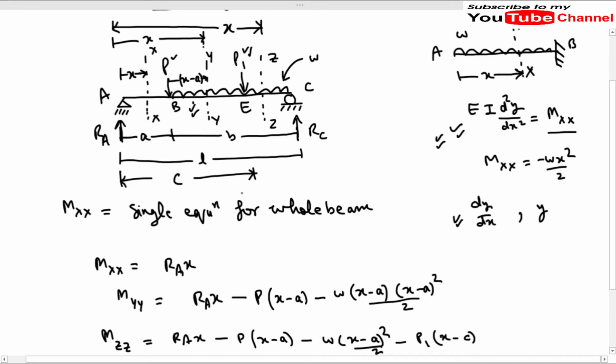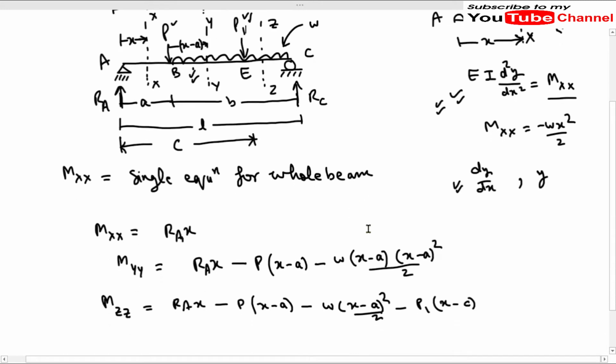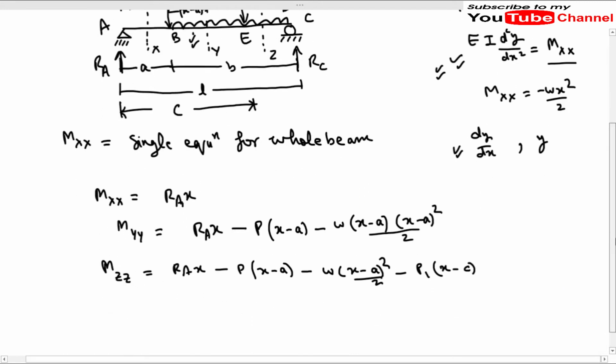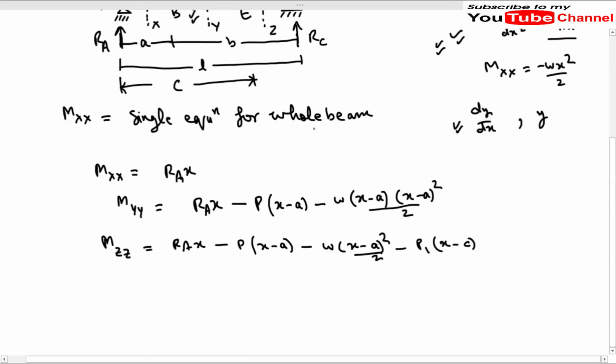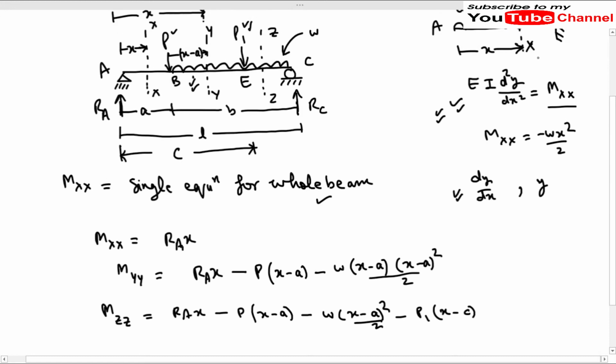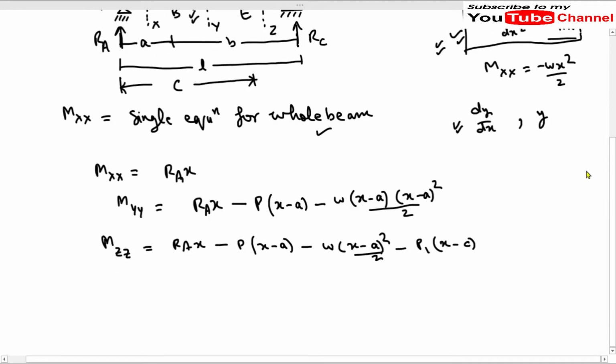Okay, bending moment at different sections in a beam. Now we have three equations. The important point is how we are going to write a single equation. As I have told here, we will have a single equation for bending moment, which we will be using in the equation that relates the curvature, flexural rigidity, and the bending moment. So we have now three equations. Now let us see how we will combine these equations.